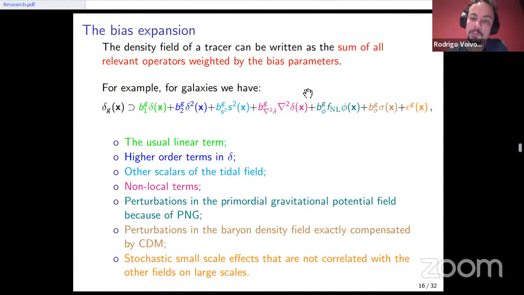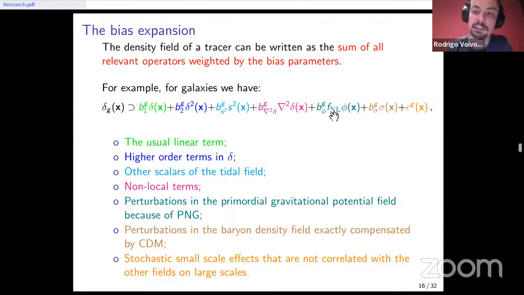We can have non-local operators that are used to describe the non-local process of formation, mainly of the galaxies, because galaxies have a size, so they are affected not only by the point where the galaxies are, but also by the neighborhood. And you can also have, for example, the perturbations in the primordial gravitational field that are only relevant if you